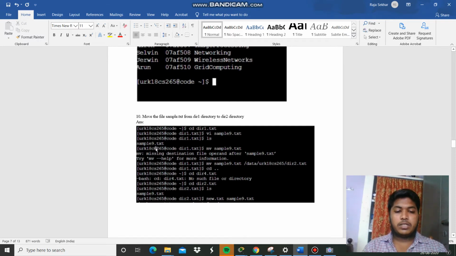This is the sample9.txt, and after this I'm using the command mv sample9.txt slash data slash urget265 slash dir2.txt, then cd dot dot. Here it is changed into dir2.